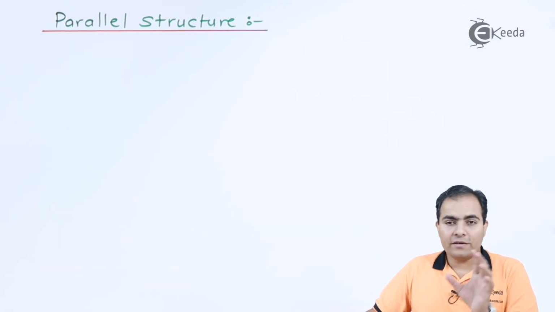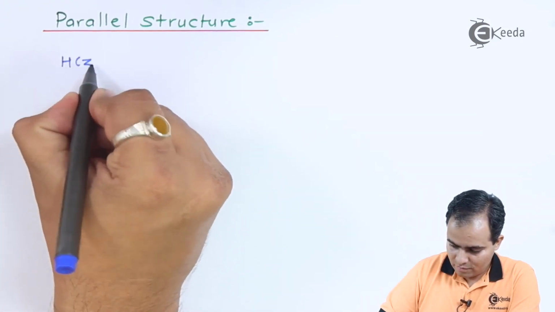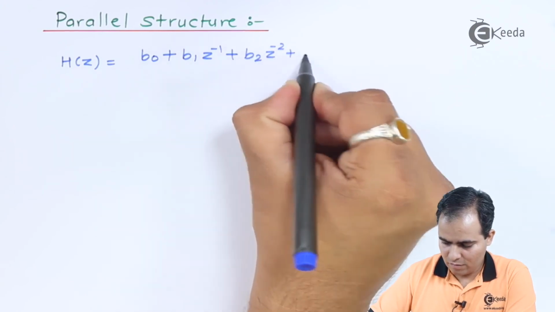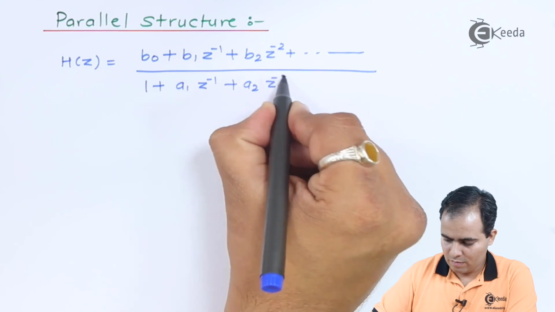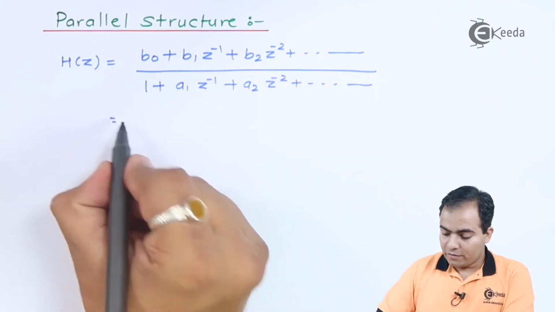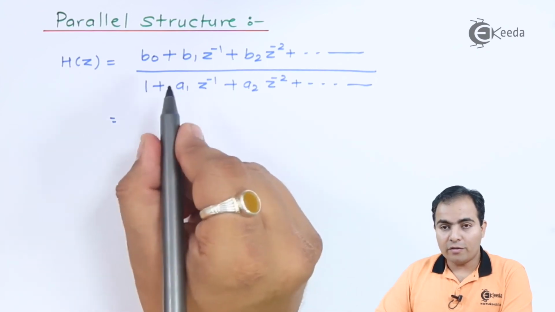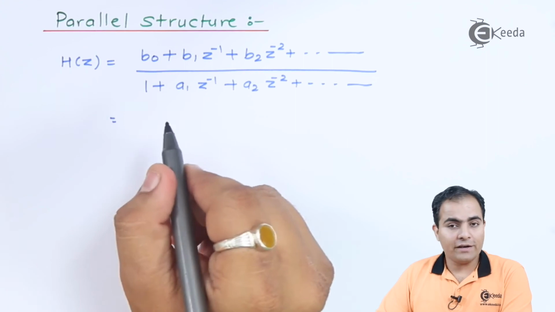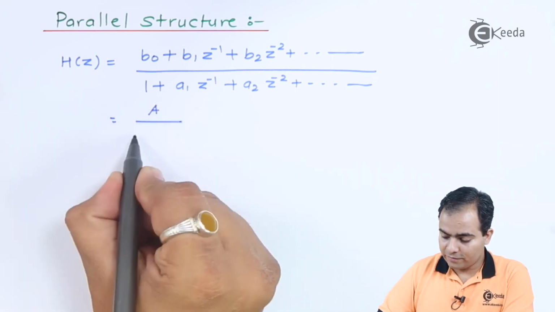But before that, we will write the transfer function equation. We will factorize all the denominators, and then based on that we will apply a partial fraction, and at the end of partial fraction what you will get, the result is in the form of,